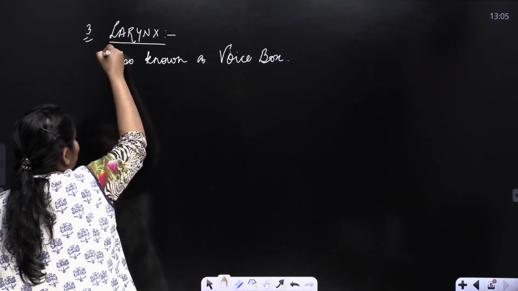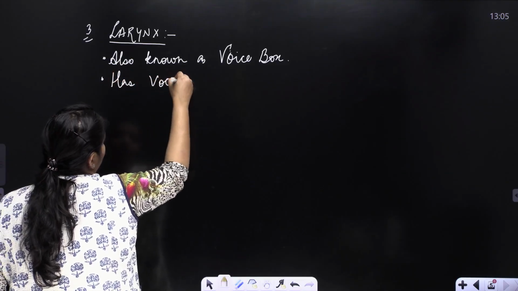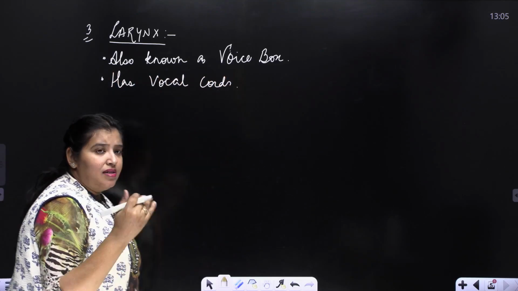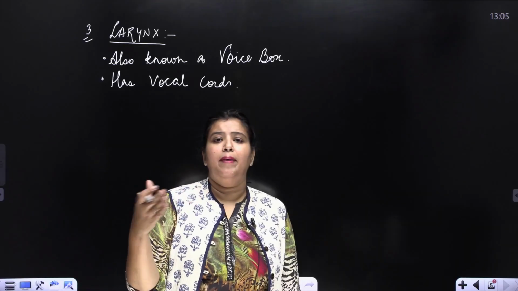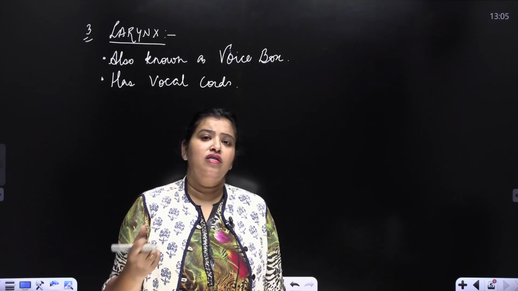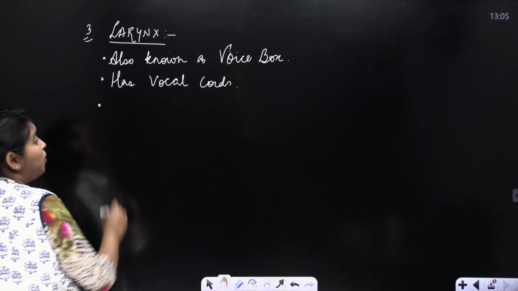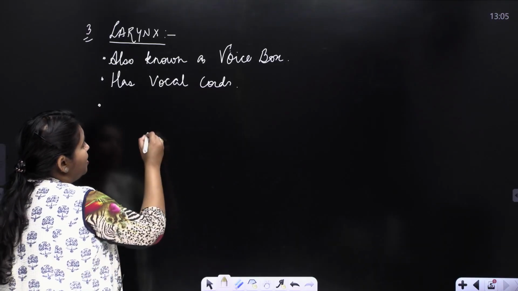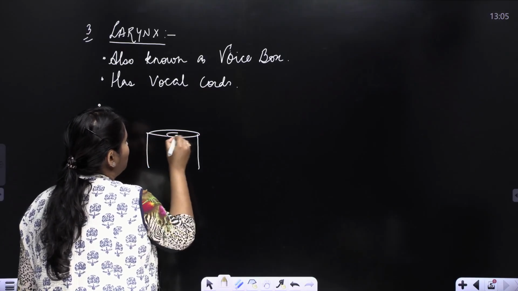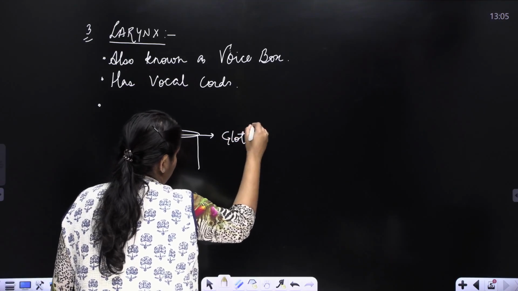Because the larynx has vocal cords, and when the air passes, the vocal cords vibrate against the walls, producing sound, right? Then an important thing I told you here is that the opening of the larynx is known as the glottis,